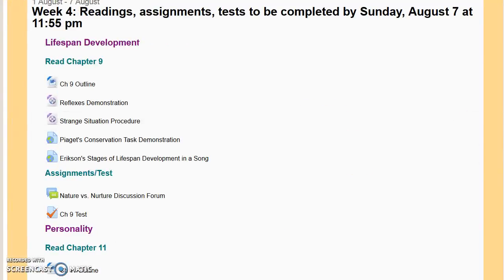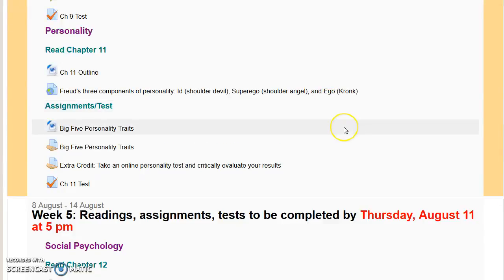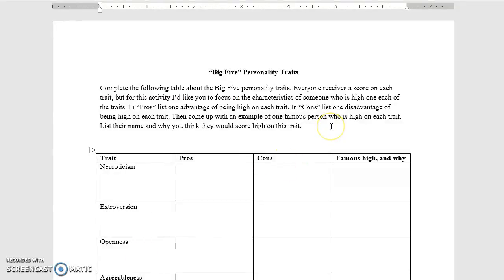The second chapter that we're going to cover is chapter 11, or personality. I've got a short video for you to illustrate some of Freud's concepts, and then your assignment focuses on the Big 5 theory of personality. For each of the Big 5 traits, I'd like you to